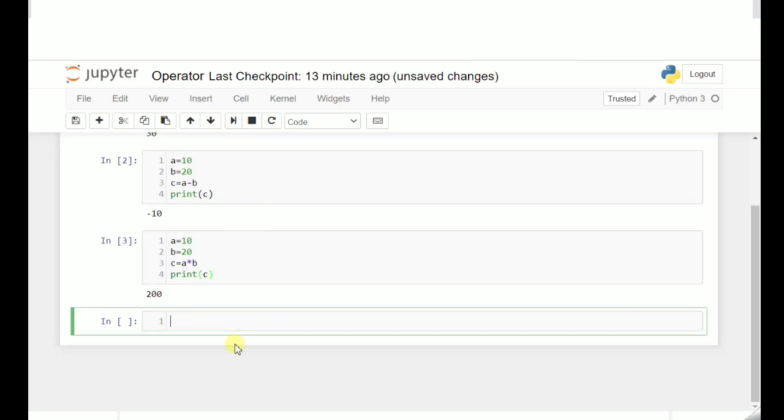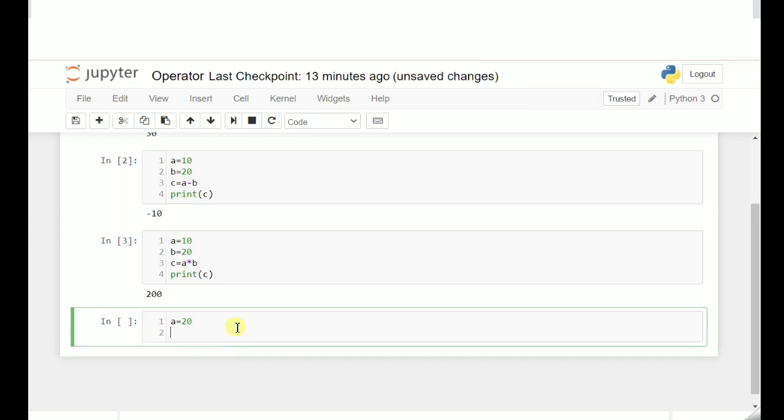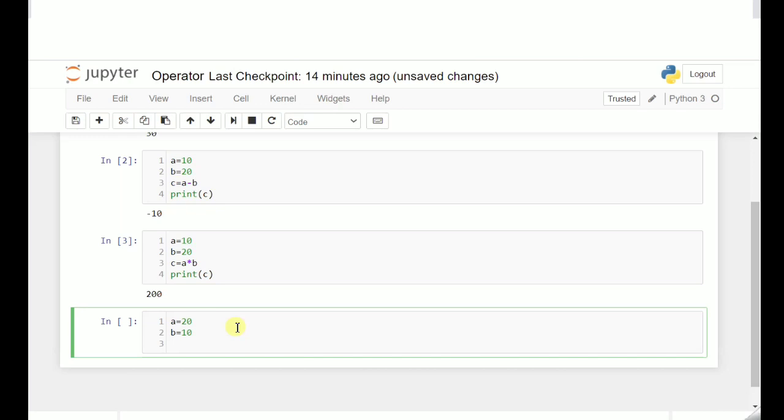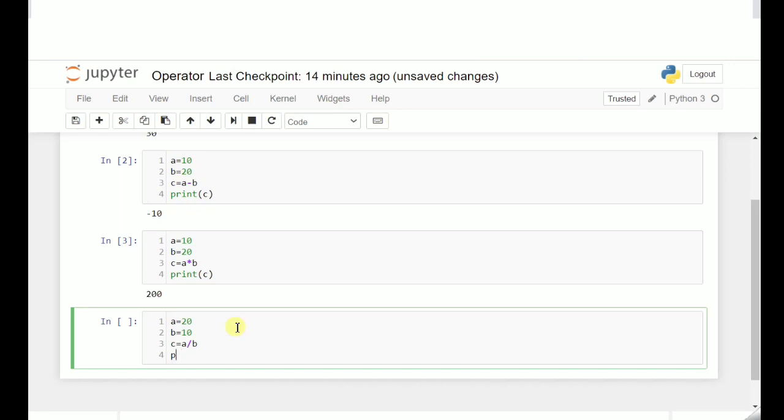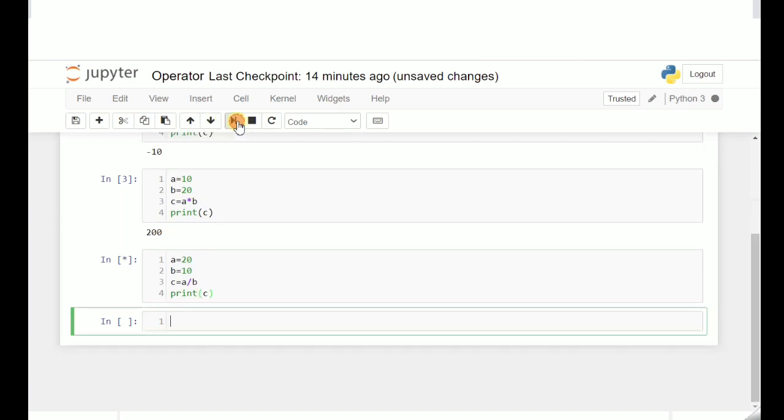That means this is the simple multiplication of a and b. Now I am defining here a = 20, for example, and b = 10, and then c = a / b. That will be implementing the division operation. I am just displaying the value of c, and it is equal to 2.